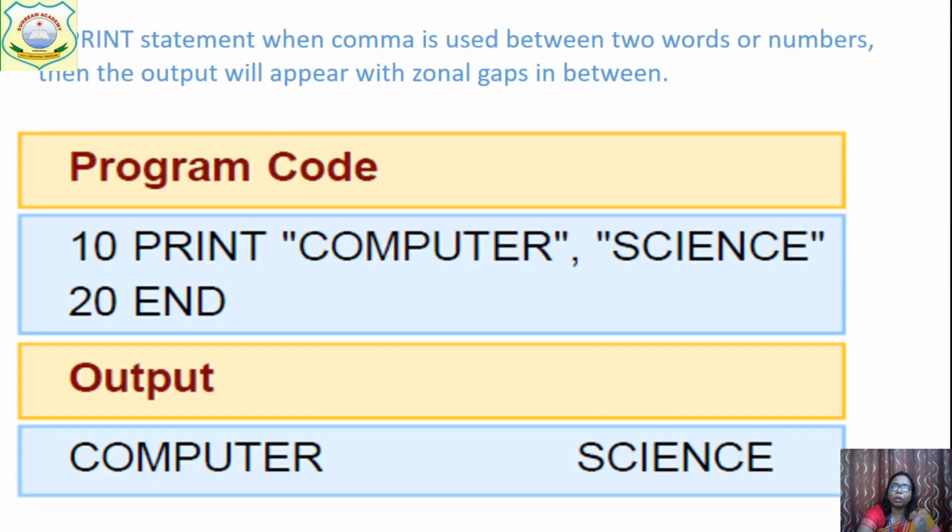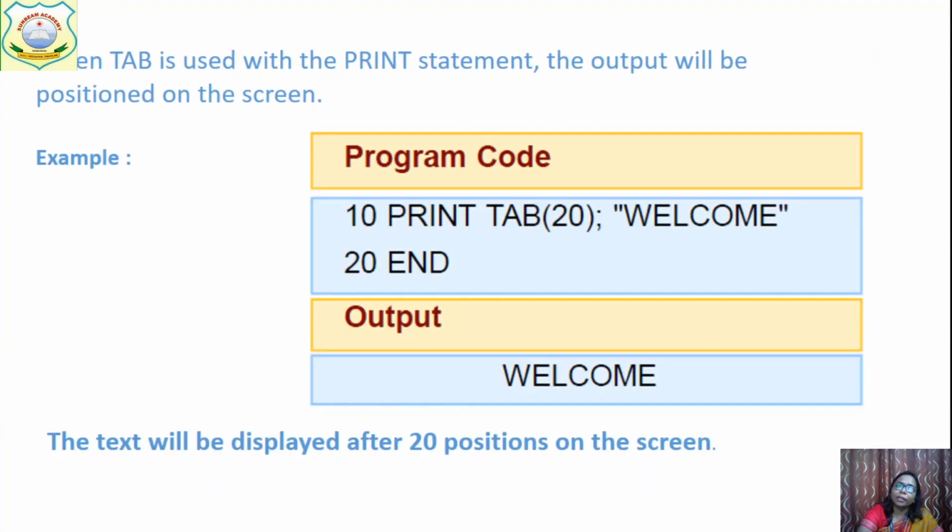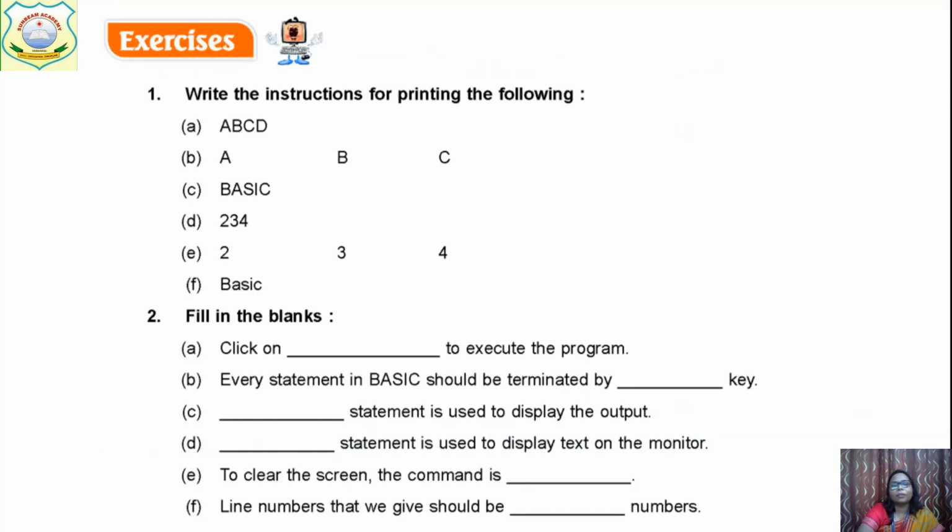Okay. So to put the zonal gap, we use a comma between two words, and if we put a semicolon, there is no gap between them. And if I want to display the word away from the starting of the screen, then we will use tab. Okay. Now see, this is the exercise now. So first we have left for the practical.